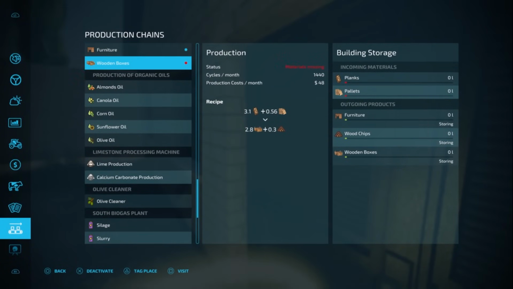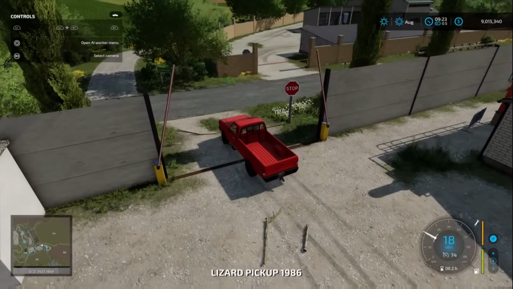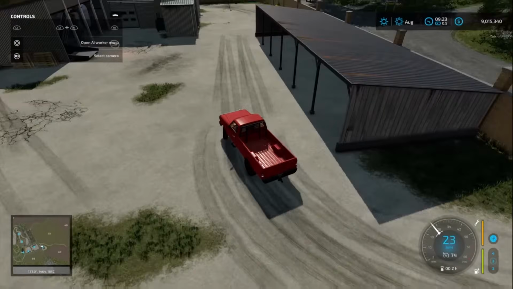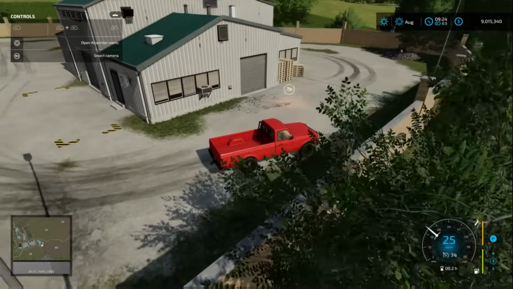Oh no, furniture and wooden boxes. Planks and pallets, unfortunately. I know that's, for a lot of people, the immediate click, no, not interested. Having to supply pallets to all the productions, I know a lot of people don't like. I mean, it is realistic. At the end of the day, most productions, factories require pallets for whatever goods they're producing